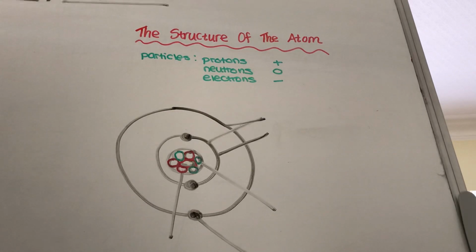Protons have a positive charge, they're positively charged, and they have an atomic mass of 1 AMU, 1 atomic mass unit. Neutrons have no charge and have almost no atomic mass unit, so almost 0 AMU. AMU stands for atomic mass unit, or units, depending on how much it is. And electrons are negatively charged, they're negative, and they have an atomic mass of 1 AMU. So protons and electrons are the opposite charges and are both 1 AMU, and neutrons have almost no charge and